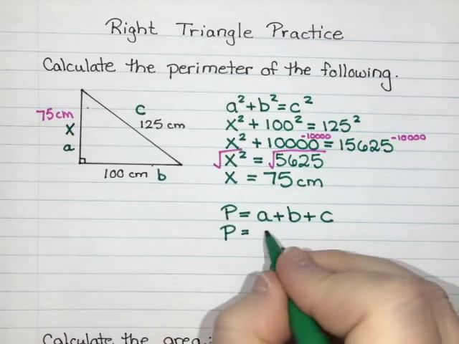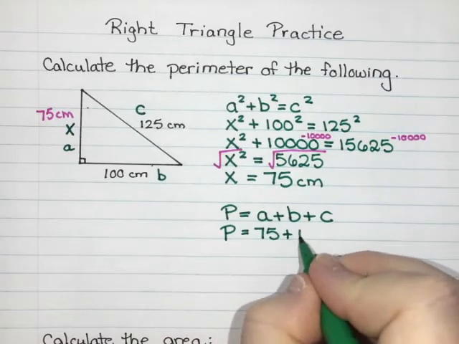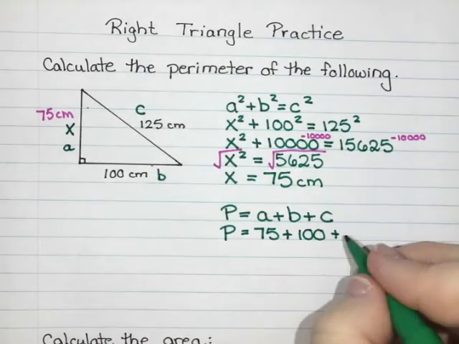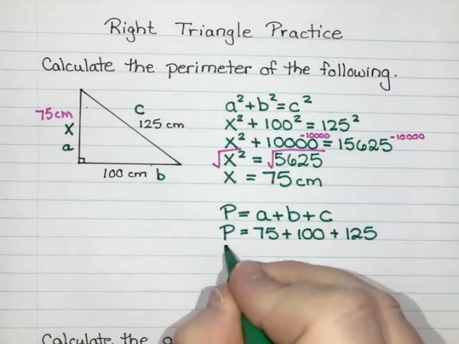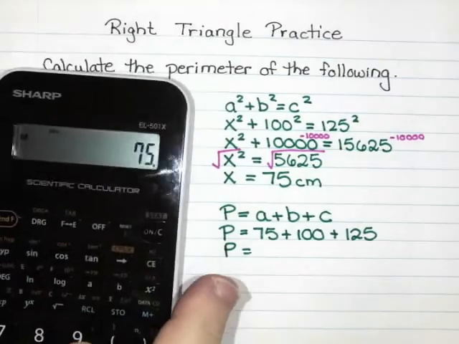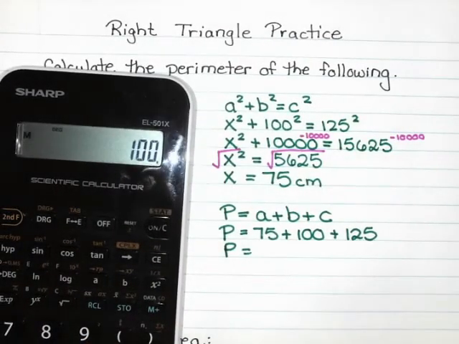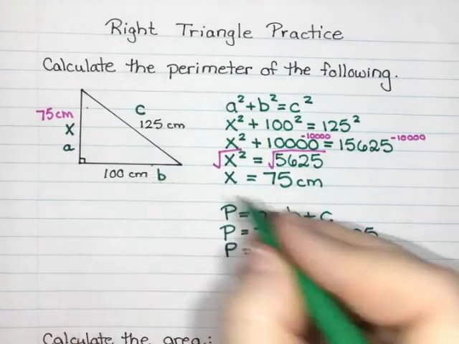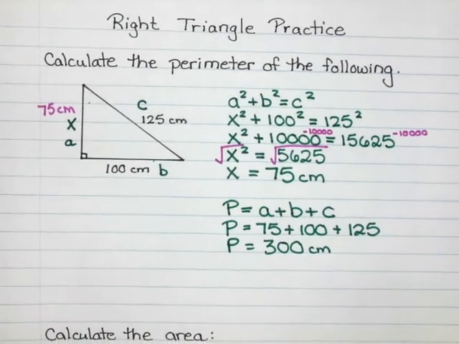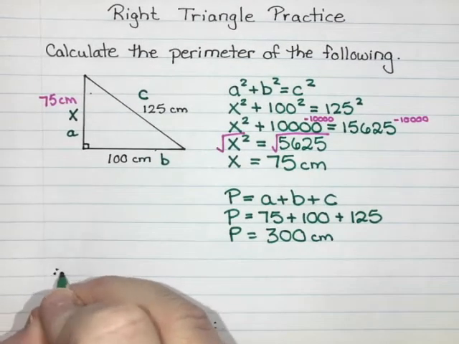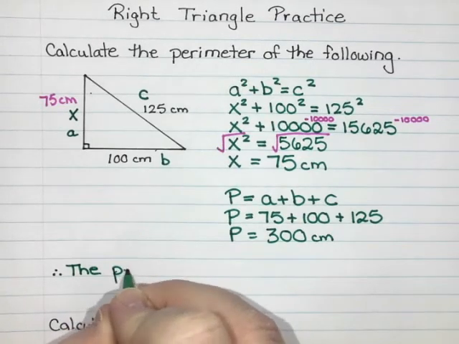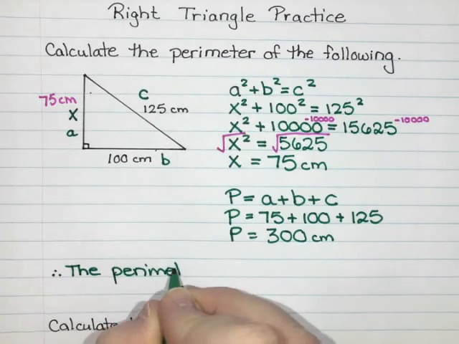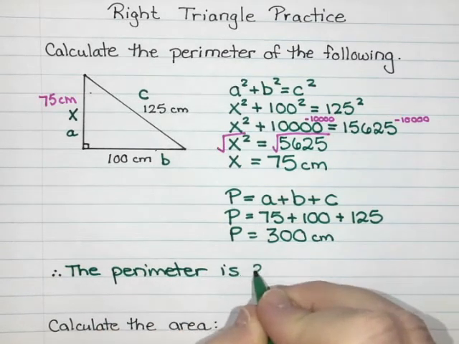So that's going to be 75 plus 100 plus 125. And if I add those all together, 75 plus 100 plus 125, I get 300. And that is just centimeters. So I am going to write a little sentence for this. I'm just going to say, therefore, the perimeter is 300